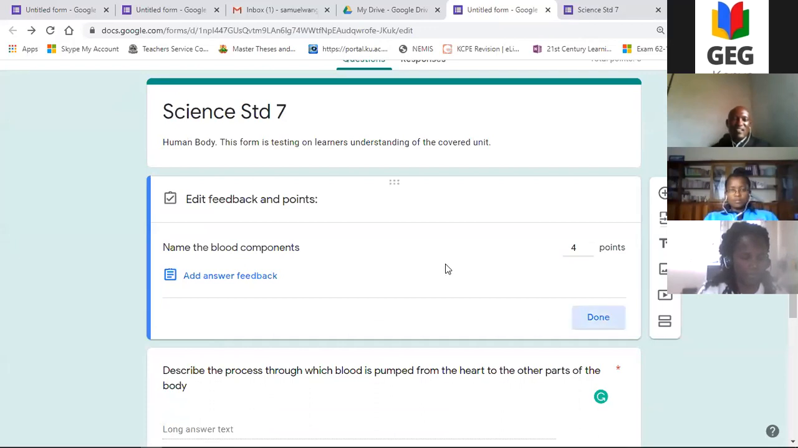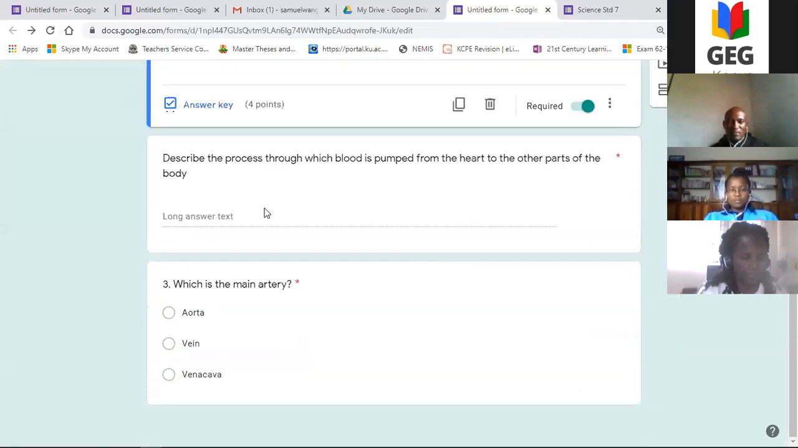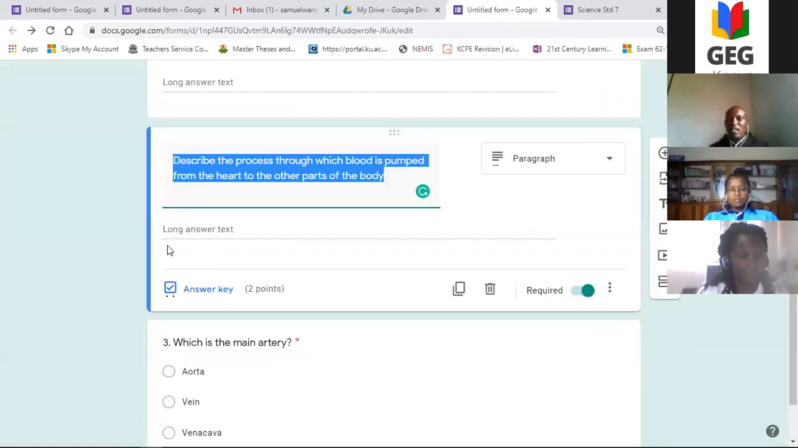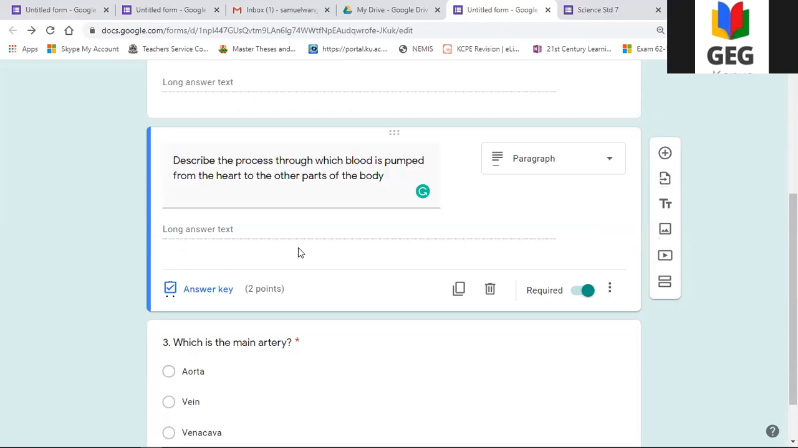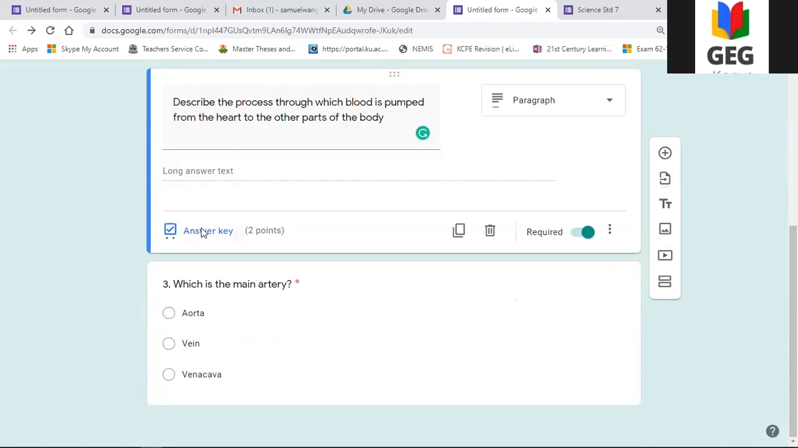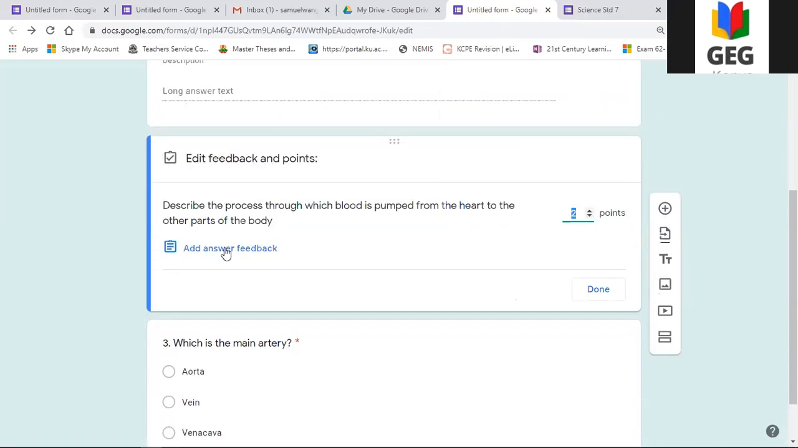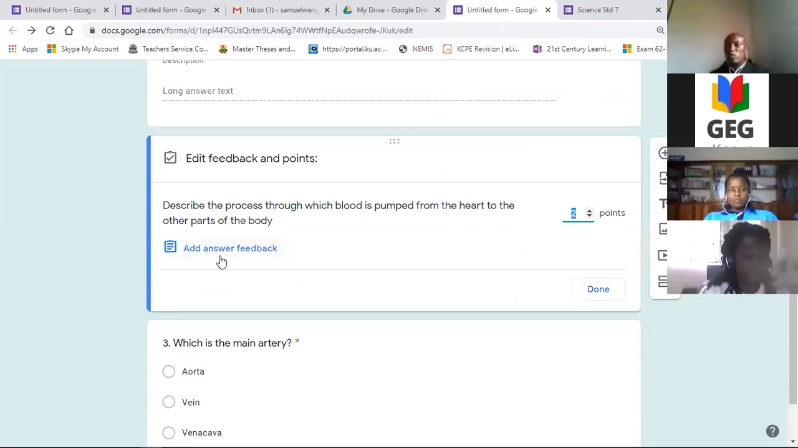Then from there, you get to the second question. Describe the process which blood is pumped from the heart to the other parts of the body. So you expect the learner to give a lengthy answer. So that is long answer. Then on your right, you have add answer feedback. And in this